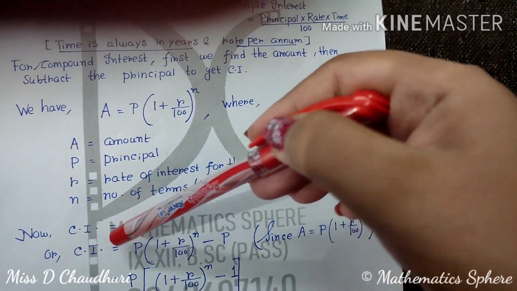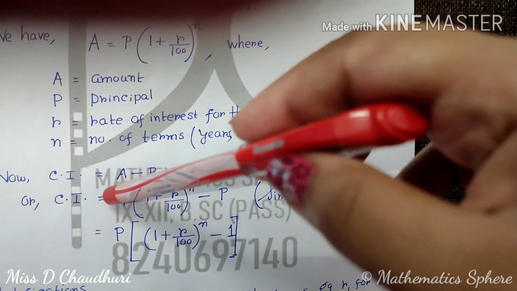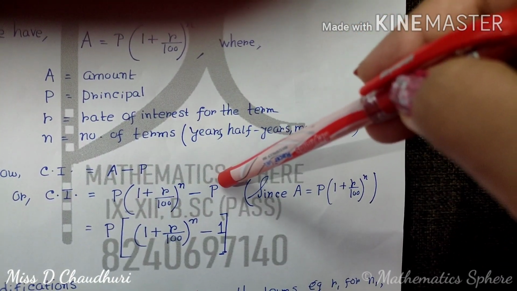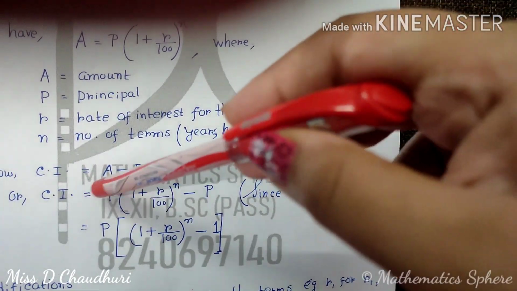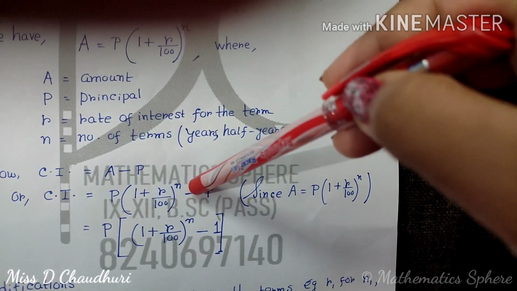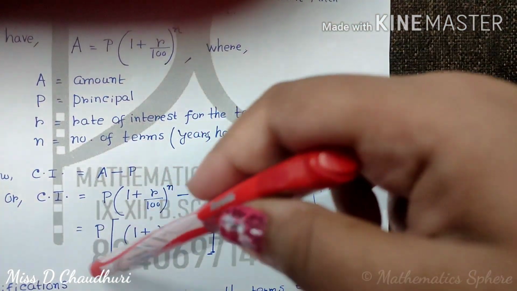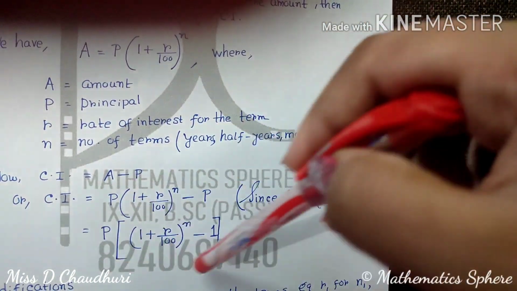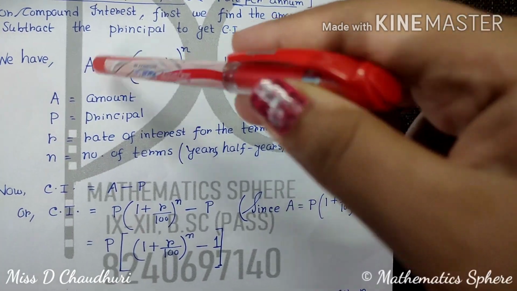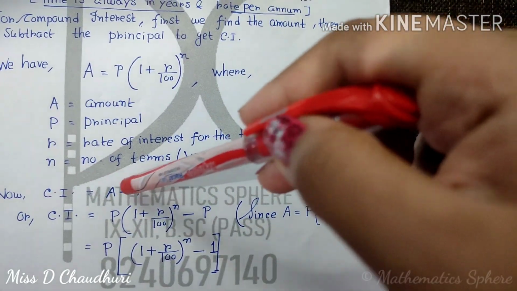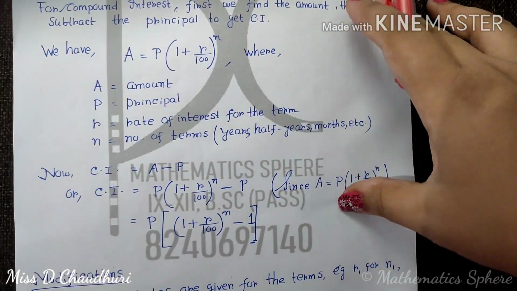Okay, so compound interest equal to, now someone writes it like this also, they put the formula of the amount here and P. So if we take P common, then in the bracket we can get this part, from this term you will get this part, and minus P is already taken in common, so 1. But I will not use this formula in general because this becomes a bit complicated. I will first find the amount in different sums, and then I will subtract the principal from the amount. Okay, this you just keep in mind.